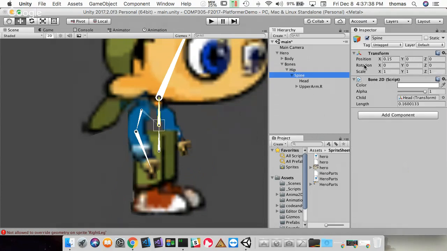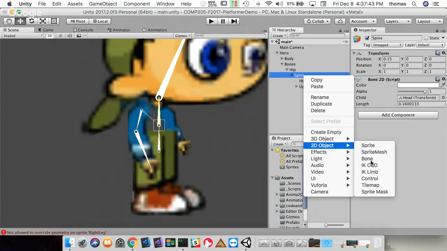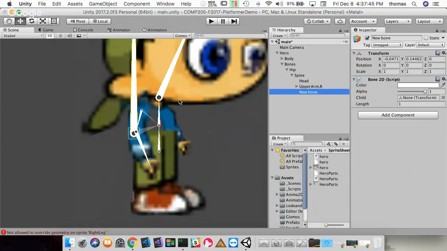So I'm going to go to my spine and open up another bone. So create new object, bone. There it is. And I want to reduce this again to like 0.2. I want to move this around by grabbing this point here and putting it at the shoulder. I'm going to spin it around here manually. And I want to kind of stop it in there, because that is where my elbow is going to be,